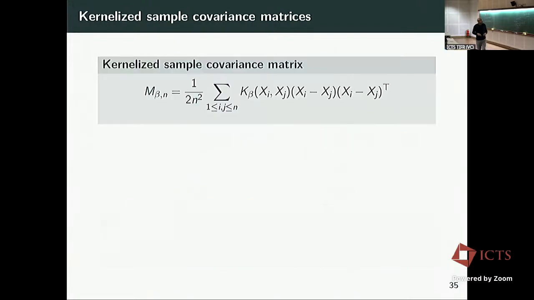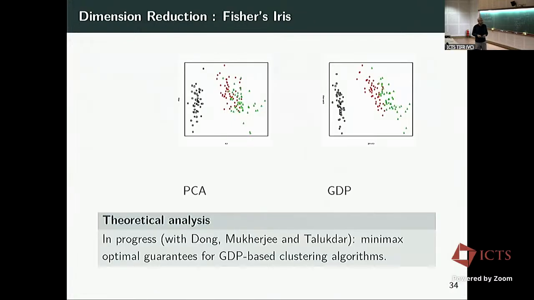Okay. Yes. Sorry, I have one more question. In your last slide, you said that you have a minimax optimal guarantee. So what does that mean actually? And since you said minimax optimal, I assume that it's better than something that was there before. No, minimax optimal, I mean, you cannot beat it. So I guess what I'm asking is that when you take minimax, then what is the mini over?